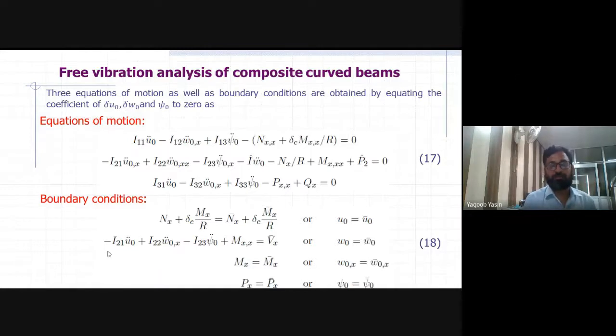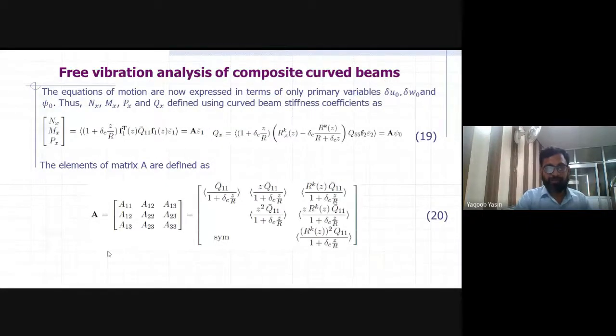It can be solved for which type of boundary condition? For example, if we want to find the analytical solution of the system, then this can be obtained for simply supported boundary conditions only. For example, for the cantilever boundary condition, you will not be able to solve this equation using the analytical method. But using the finite element method, you can employ any boundary condition and solve these equations which are given in equation number 17. So now we will develop the analytical solution using Fourier series.